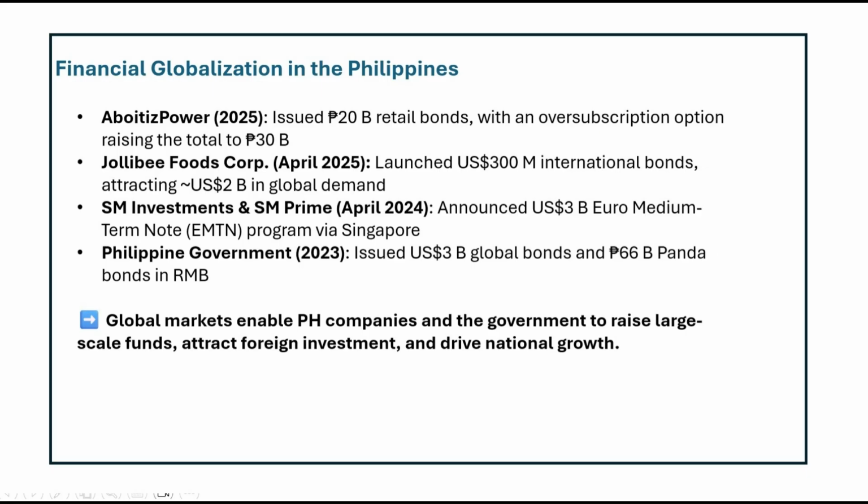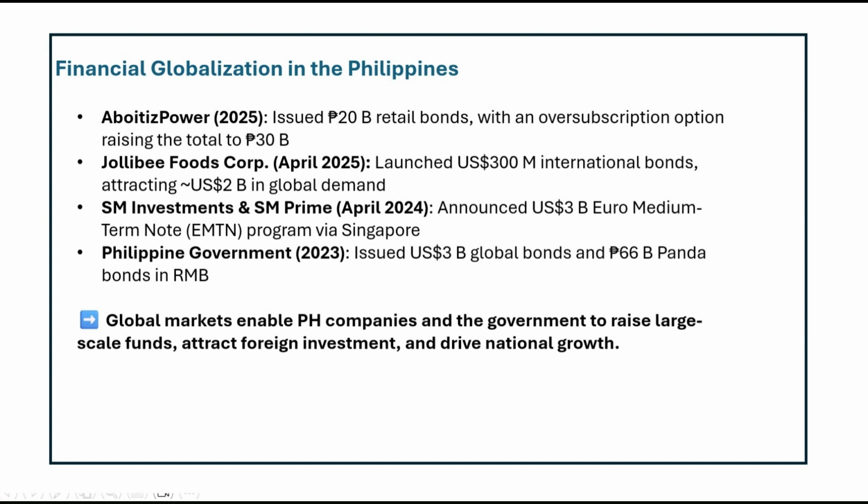Let's look at how financial globalization is taking shape in the Philippines. Several major Philippine companies and the government have recently tapped global markets to raise large-scale funding. In 2025, Aboitiz Power issued 20 billion Philippine pesos in retail bonds, with high demand allowing them to raise up to 30 billion pesos through oversubscription. Also in April 2025, Jollibee Foods Corporation launched $300 million in international bonds, receiving nearly $2 billion in global investor